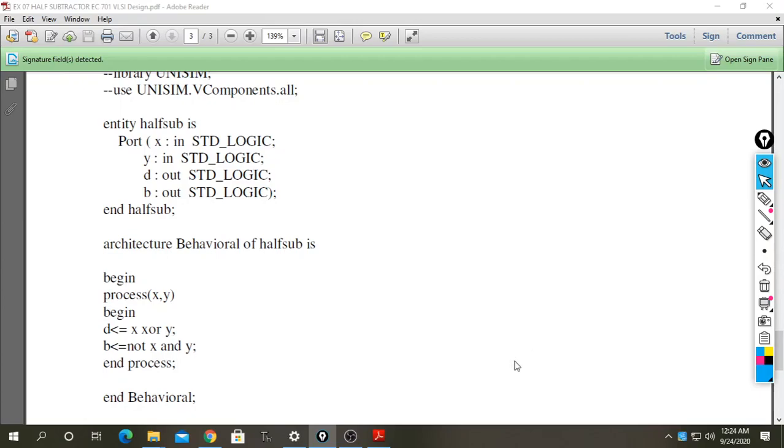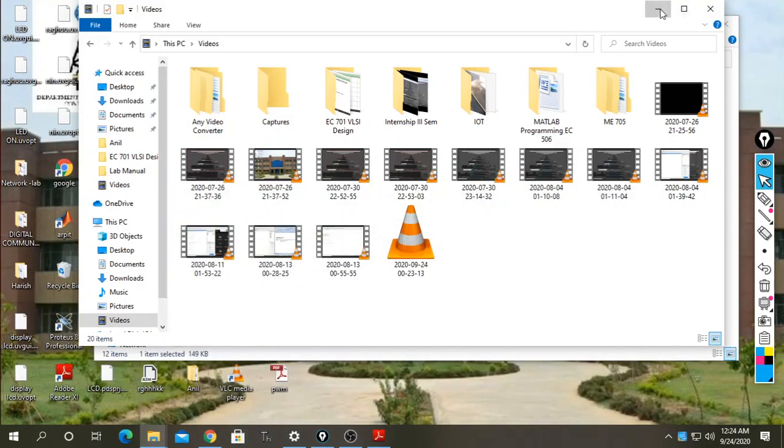I am going to employ an XOR gate for D, and for B a NOT gate and an AND gate. Now let's come over to the Xilinx software.